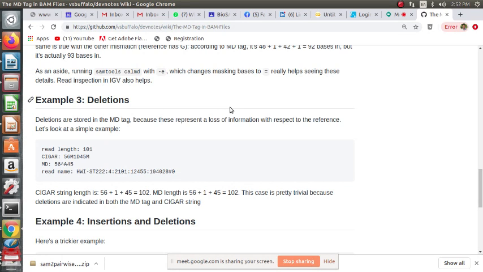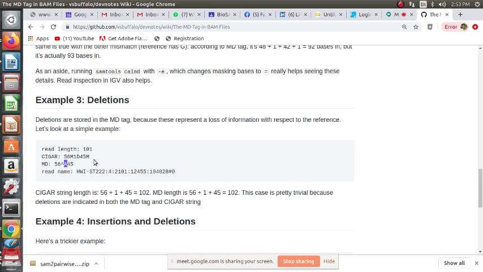It is going to be adjusted in such a way that we are counting the number which precedes the symbol for D as well. So in the case of deletions, for example, here 56 plus 1 plus 45. So this 1, where does it come from? We are counting the base also.